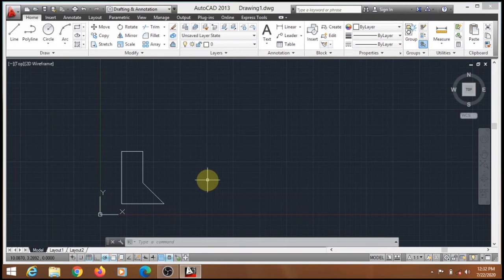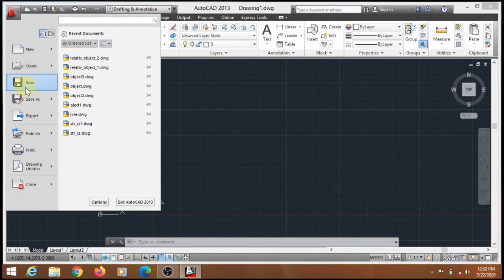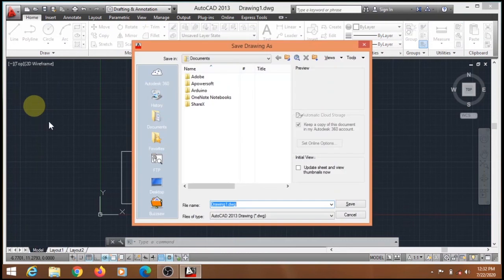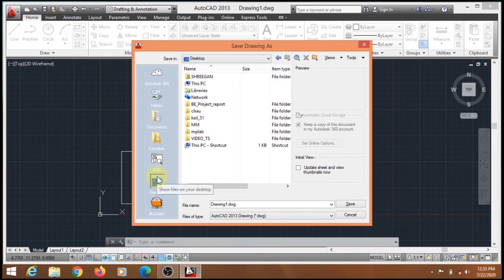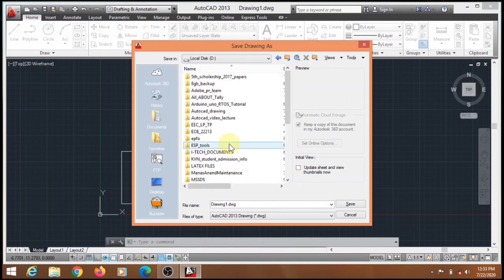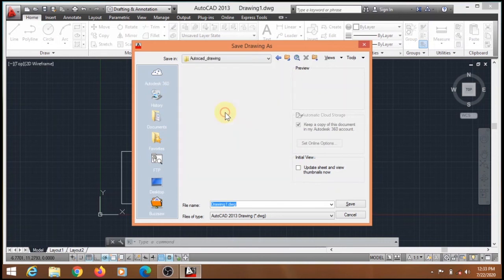Now save this object. Go to the tab A, select fourth option, save as, go to the required drive and folder, and save the drawing by using suitable name to the file.